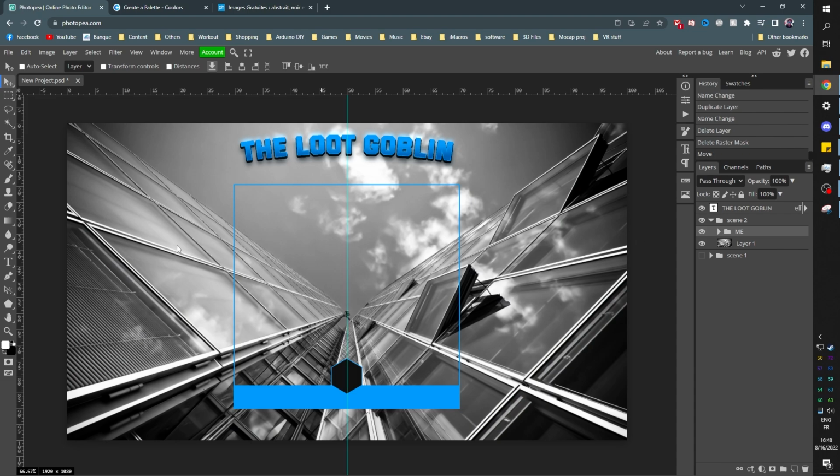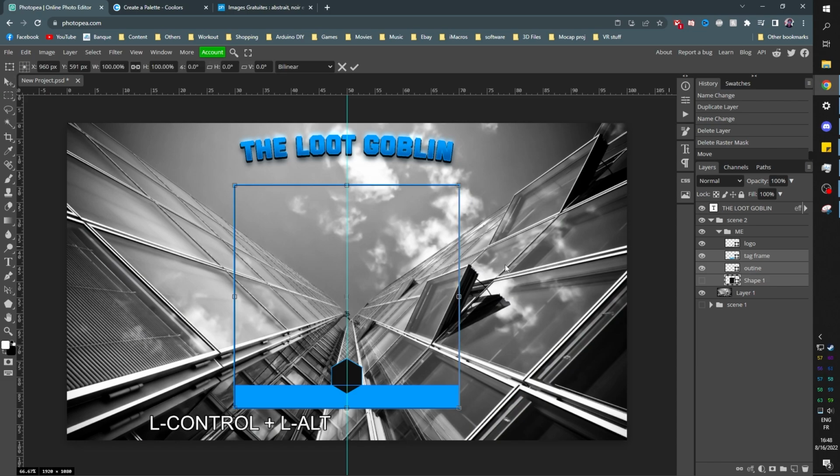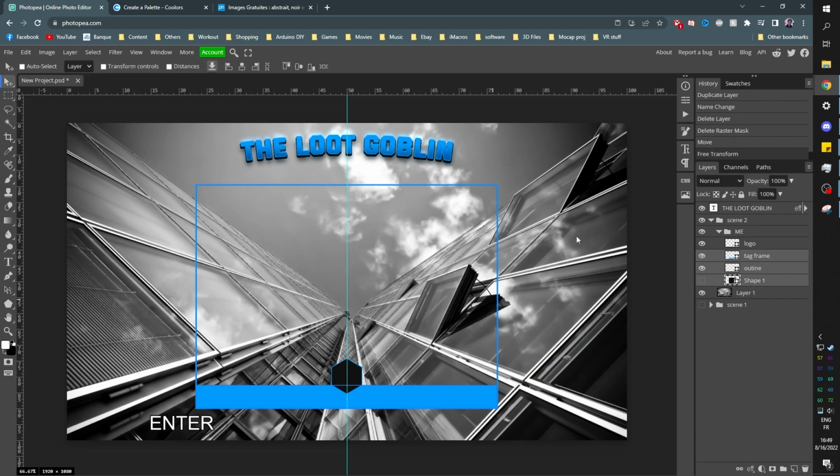So we're going to stretch it out on both sides, and we just don't want to touch that little icon in the middle, which is called logo, right? So select everything else, including that shape one, because it's going to determine our hole in the background. Press Ctrl Alt T to transform, hold Alt to drag from the middle. Basically, both sides are going to be affected, and Shift in order to stretch, because we're stretching that shape, right? And we're going to stretch it. We're not going to stretch it too wide, because 16 by 9 is usually what every webcam is at. And I believe this is about it. Press enter. And there you go.